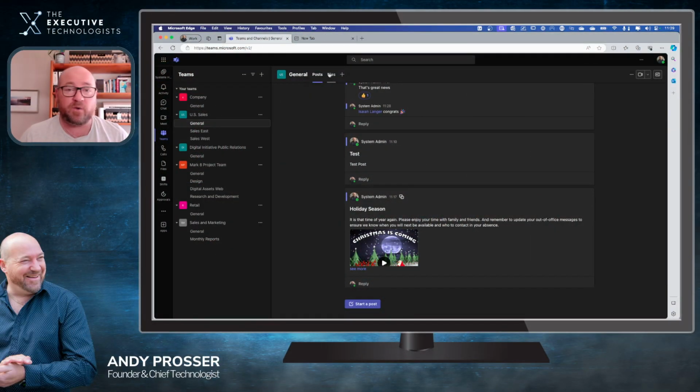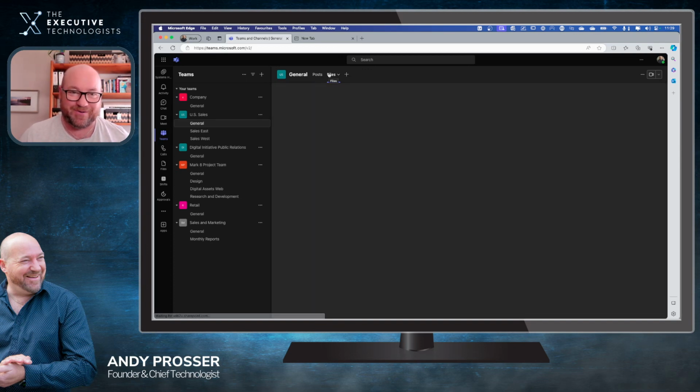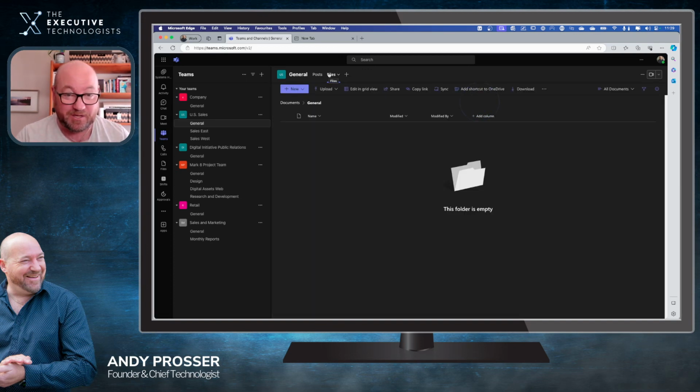When you share files in a team, it remains with the team. The team has ownership. In fact, if I just quickly go back, that's what the Files tab is for. You've always been wondering what you're supposed to put in there. Anything that is shared within that team post as a file goes straight in here. So you always have access to it. Alrighty? If you haven't started using posts within your teams, start using Teams the way it was designed and is